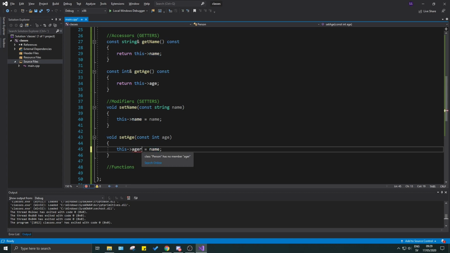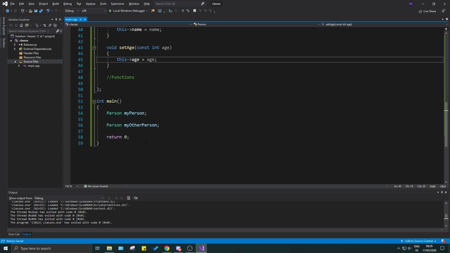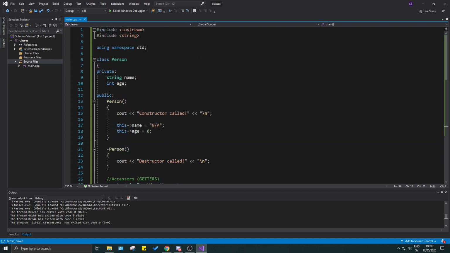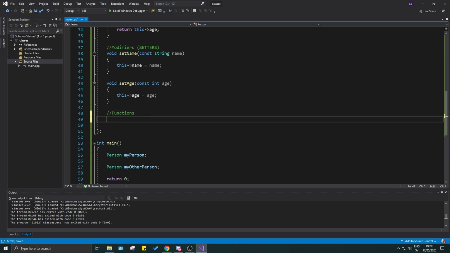So be careful with that. This age, very good. Now once that is done, we have accessors and modifiers for these. We have two different people here. They all start with 0 as age and NA as name. And what we can do is create a nice function here, returning a const string,